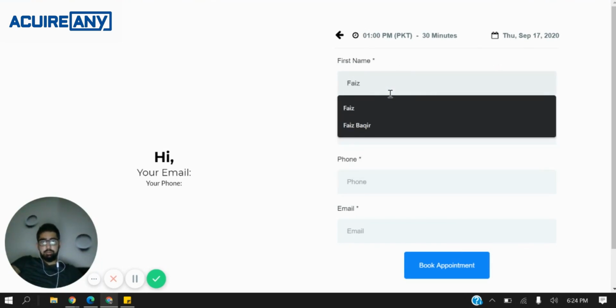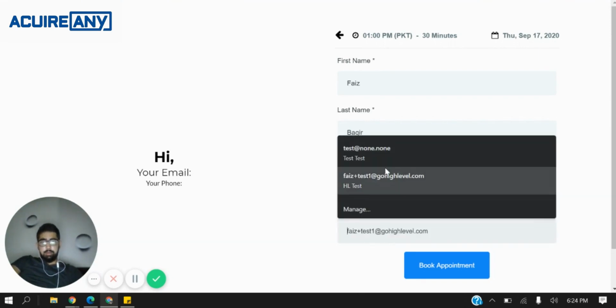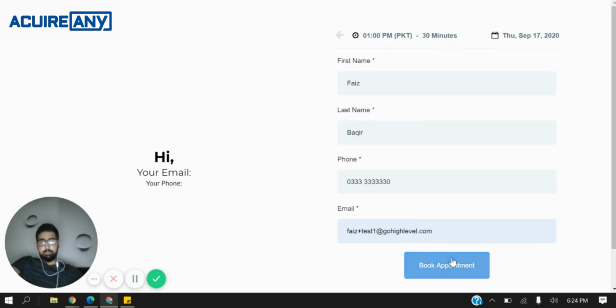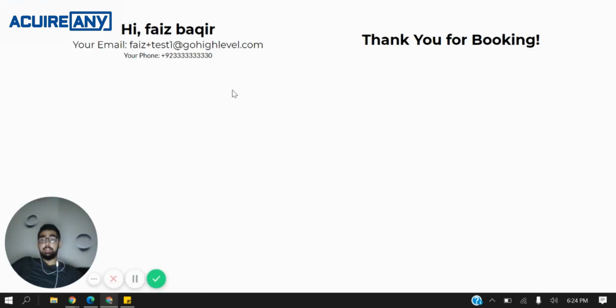I'm just going to use my details here, first name and the last name, and then phone, and then the email. Okay, so now when I go to the next page, surprisingly it shows me my name, email, and phone as